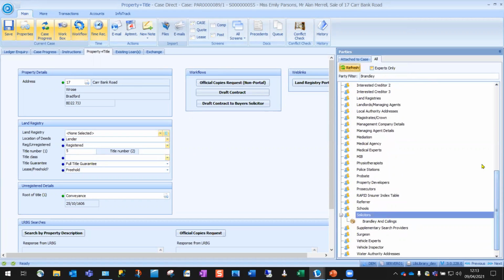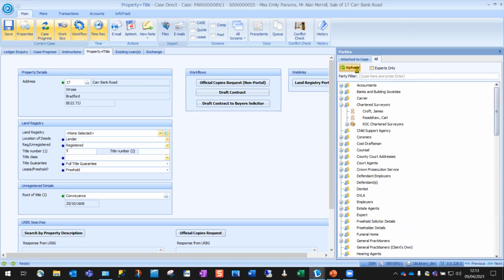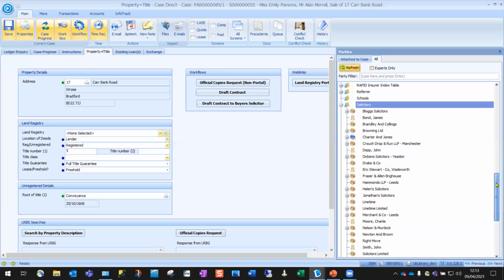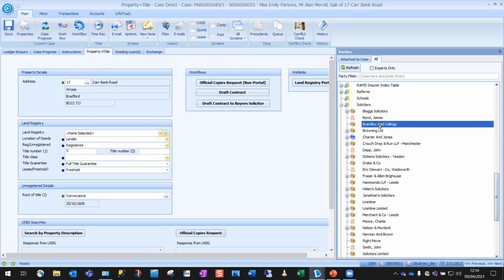If I scroll down the list, if I take out the word Brandley here as well, we can see everything that lives in that category. Scroll all the way down to the solicitors. These are all the various ones that exist within the All tab, and the one that I've just created this moment, Brandley and Collins. If I want to attach that to the case, so that it's attached to our client's case,